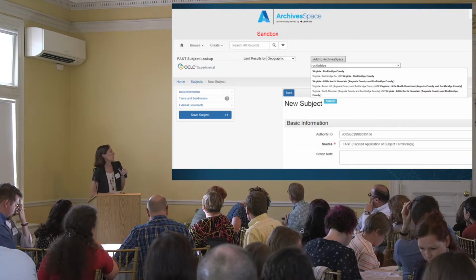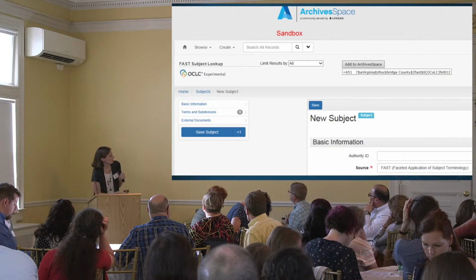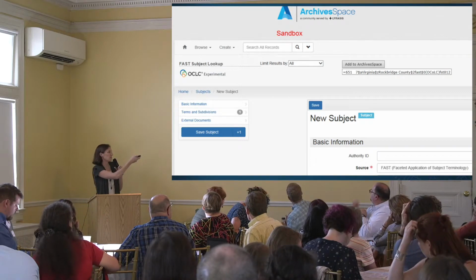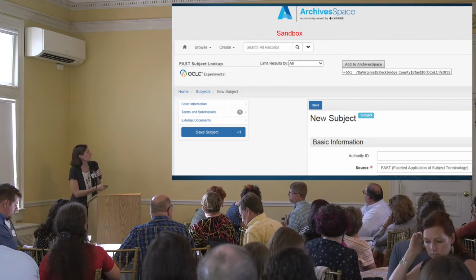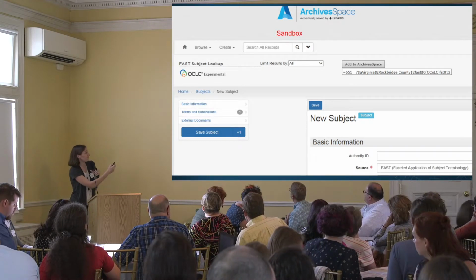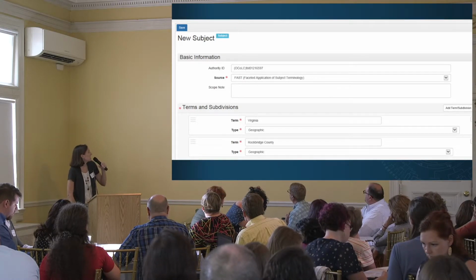And then once they've selected the heading they want to use, and you probably can't see this, it converts it temporarily to MARC, and that's so that the plugin can properly parse the different parts of the heading. And then once you click Add to ArchivesSpace, well, you can't see that, but